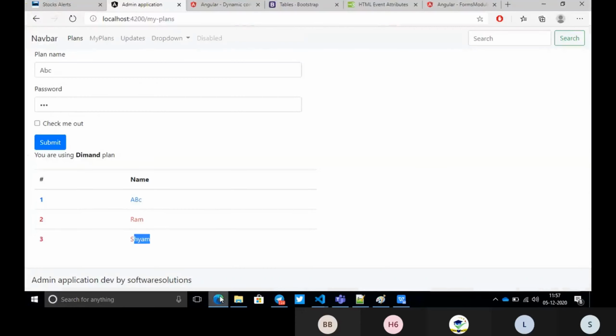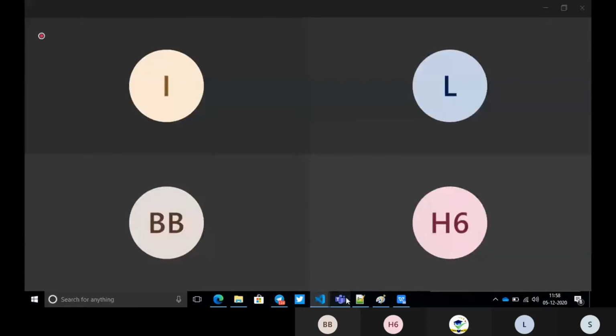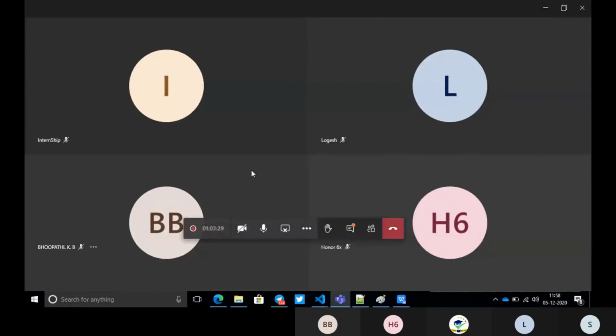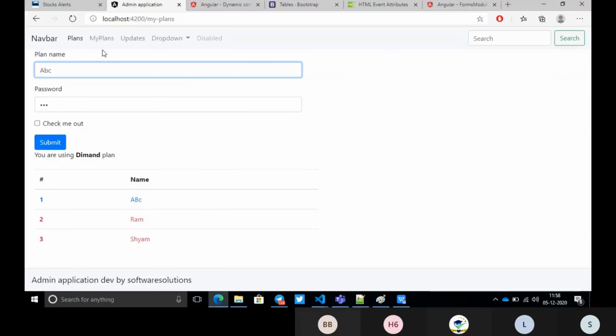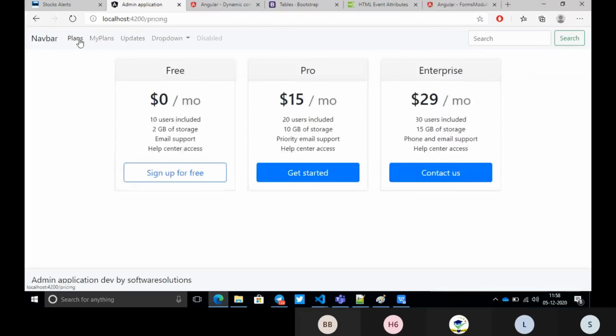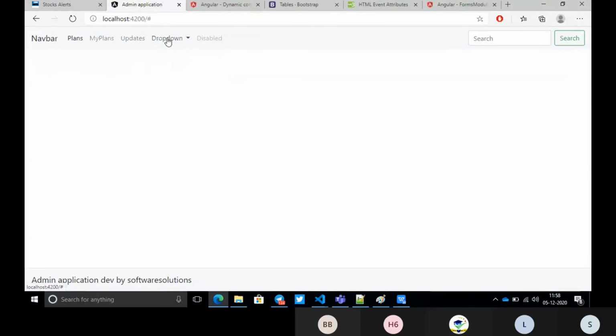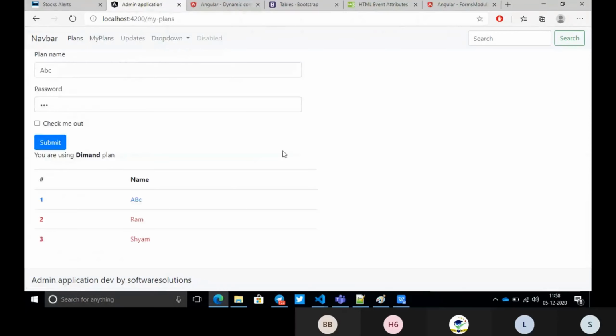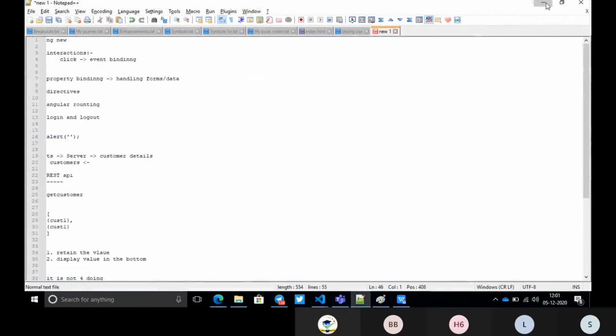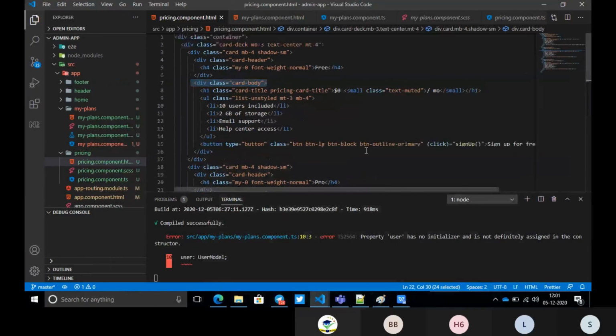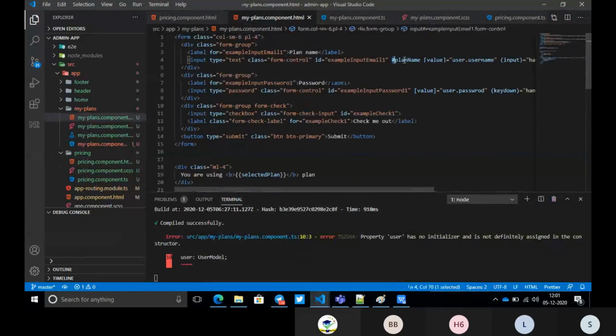Okay, now our first thing is we want to use ng. Is this fine, guys? Now we will go with the ng model problem, and we will solve it. And there is a concept called ng routing. That routing concept I just need to explain, but for now I think we can go with the other things. So we want to solve our ng model problem. Let us go to our plans, and we will see why our ng model is not working.